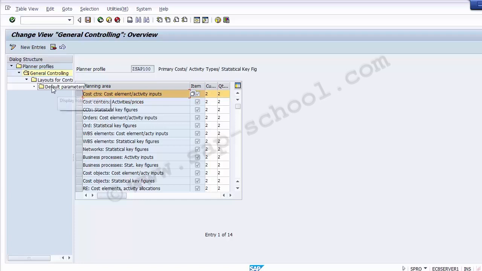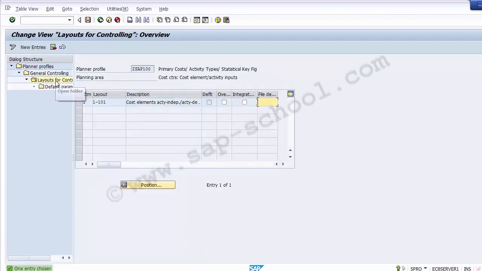and then we have to move to the next part, that is layout for controlling. So we need to select the planning area first, that is cost center, cost element, activity inputs, and then we need to move on to the layout for controlling. Double click onto the layout for controlling. So once you double click onto this, it will take you to the next screen, as you can see on the system. So once you move to this screen now, what you need to do is,